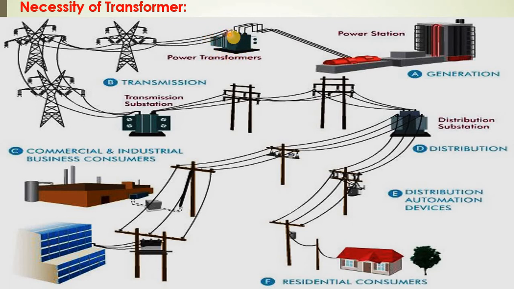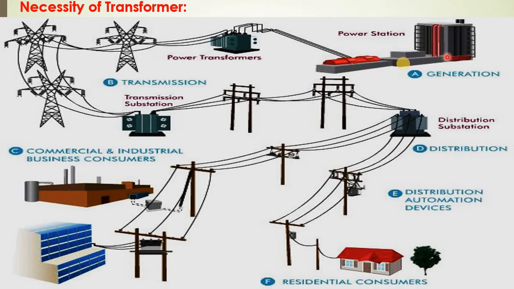It will change the voltage level of the generating station power. Its voltage will be stepped up by means of this power transformer. So what is the voltage at the generating station? It may be 6.6 kV, it may be 11 kV. These are the voltage levels. In the case of a wind turbine, the voltage level is very small, 690 volts, in the wind energy transfer system.